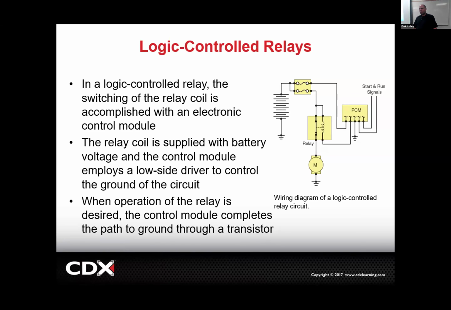Yeah, the fuel pump doesn't work, but it could be the bad pump, it could be a bad ground, it could be a bad positive, it could be a bad relay, it could be a blown fuse, it could be an open at the PCM. It could be the PCM itself, right? So when the customer comes in and they say, my car won't start, we're getting them to authorize diagnosis time